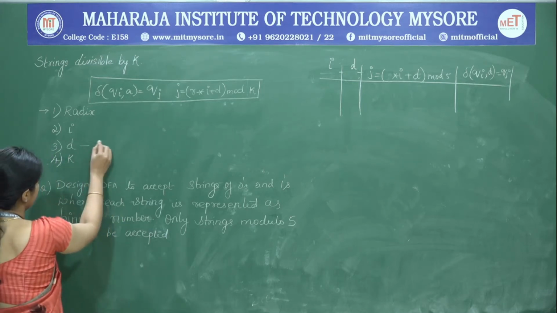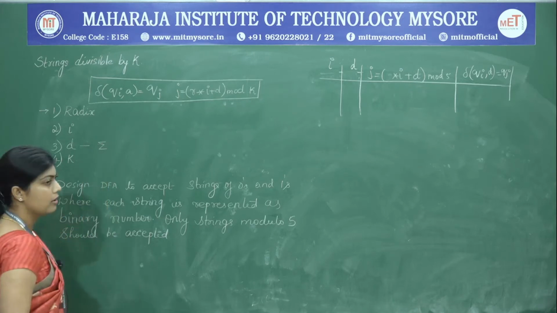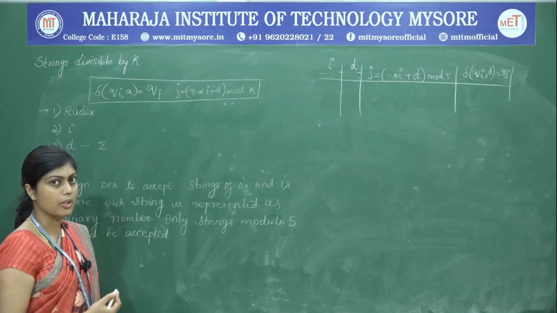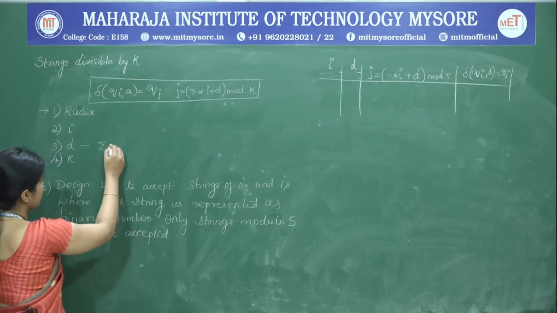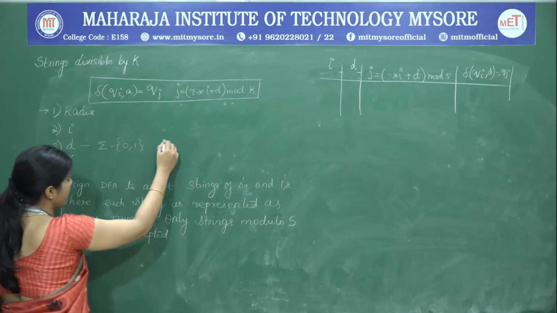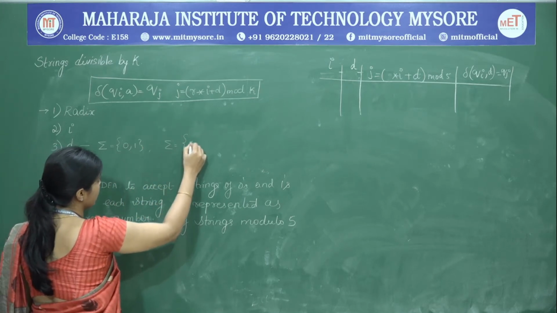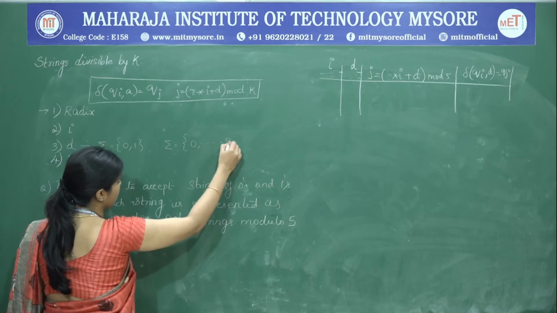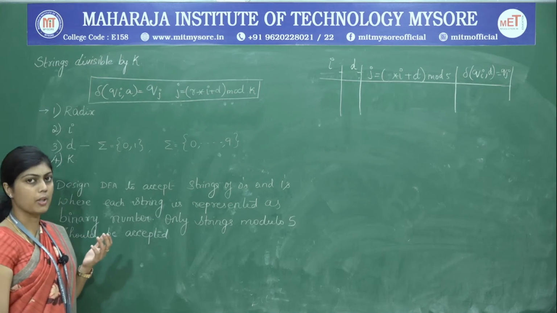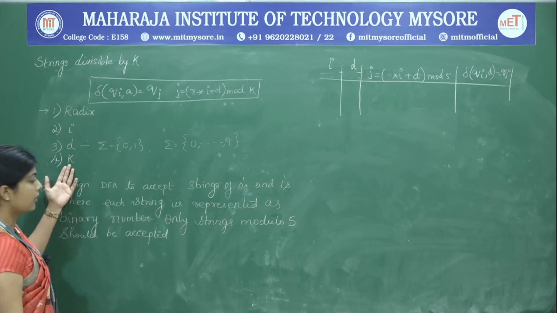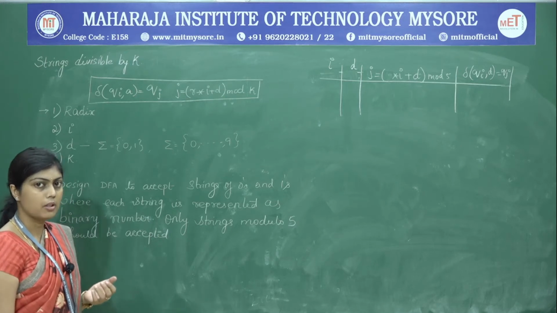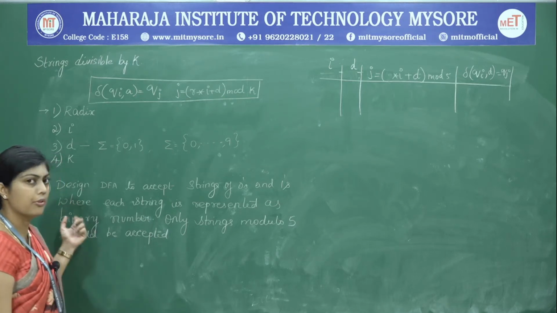Then we are going to identify D. D has to be treated as sigma. That means we are looking for the symbols that make up the number or the string that we are going to accept. In case of binary, the alphabet is going to be 0 and 1, and in case of decimal, this D is going to be all the digits from 0 to 9. So this is simply what the string is made up of. Next we are going to identify k. The k is the divisor, and its value depends on the problem statement.